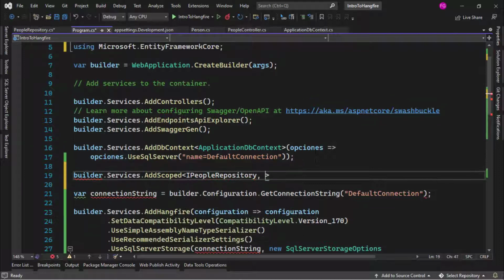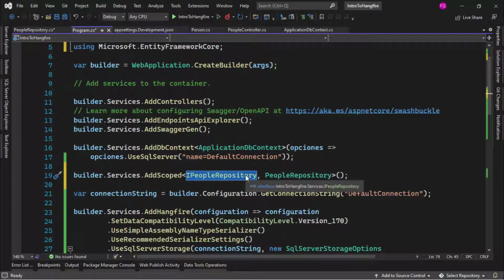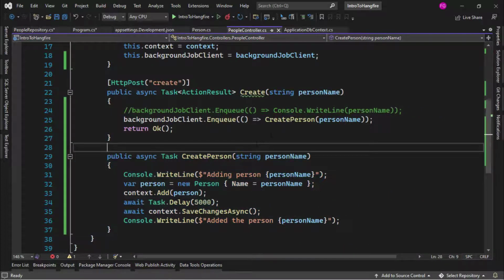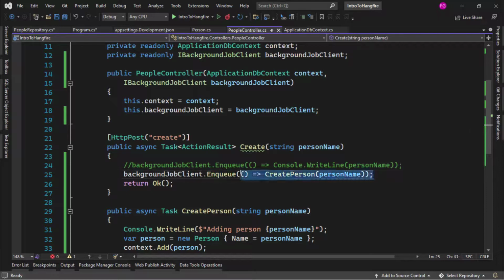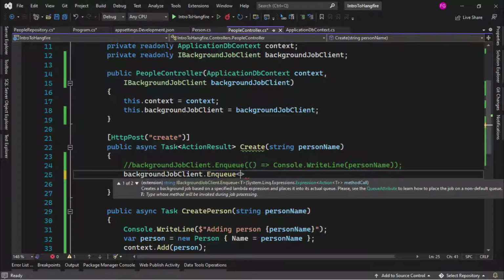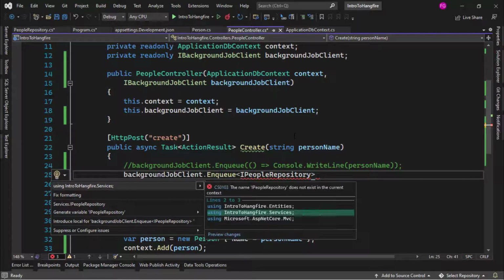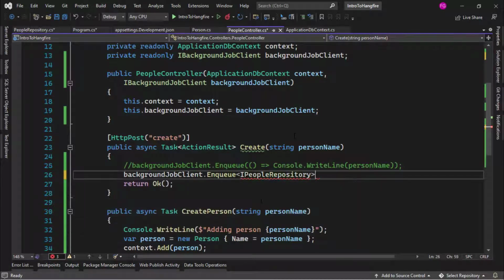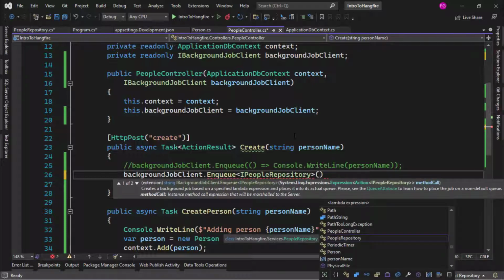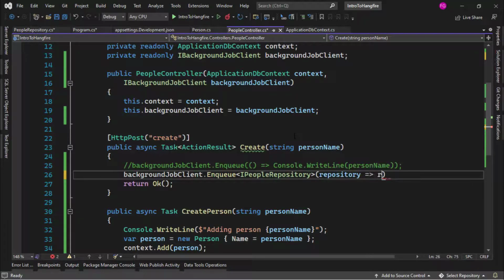Let me bring the namespace, and then people repository. Alright, so now we can use this people repository service for our enqueue function. Let's go to the people controller class, and instead of doing this, I will delete this, and I will pass the people repository here. Control dot to import the services namespace, and then here, in the lambda expression, I can say repository, and then